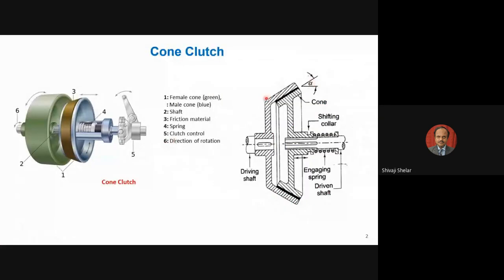See, this is the material of the cup and this is the material of the cone. Many times the materials are the same, but there are chances that this material may be made of steel and this material may be made of cast iron. So they will have different properties based on the material used. In our problem, we are considering this material and this material to be made of steel.